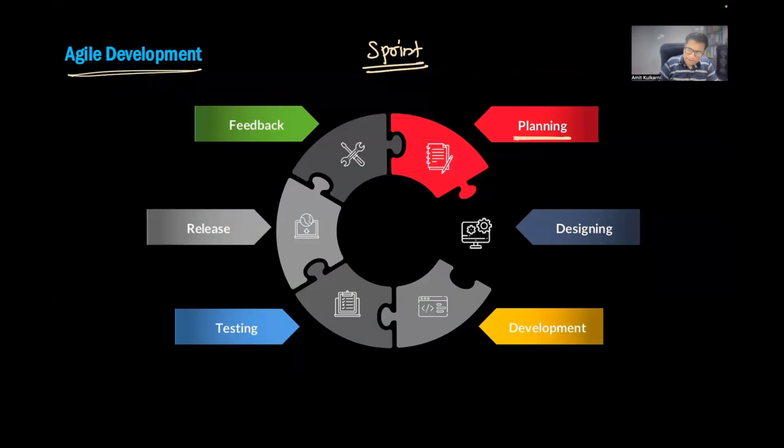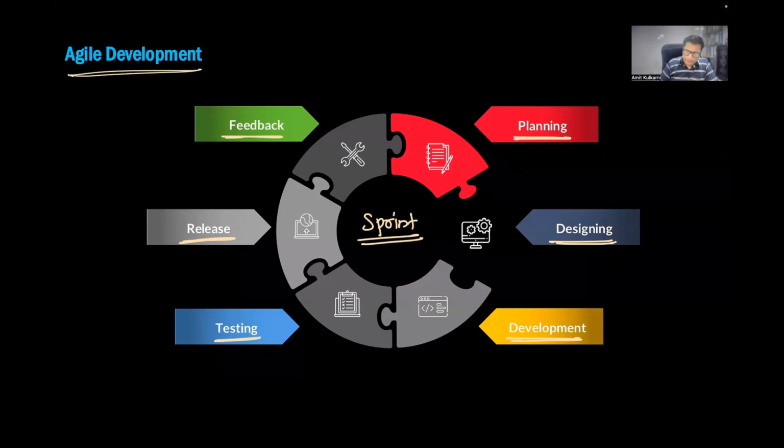So you start planning for a sprint, you start designing it, then you go for developing that sprint, and you can go for testing all the things that you have developed so far. Then you go for deploying them, and then you go for getting feedback from your client. Not that you as a DevOps engineer will do anything with that, but it's a dev team's job to develop the application sprint by sprint, or you can say chunk by chunk. Call that sprint a chunk for now, and this will be executed round the clock.